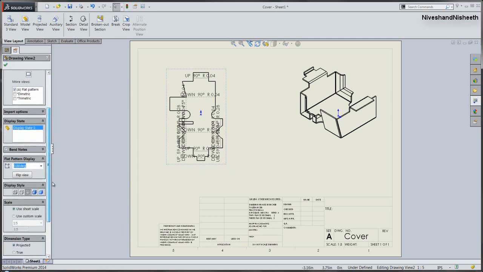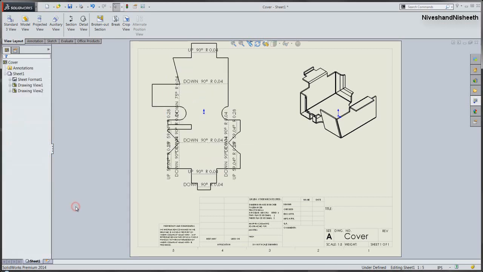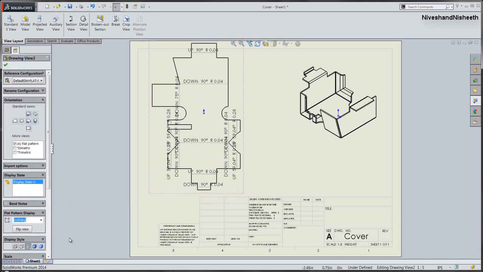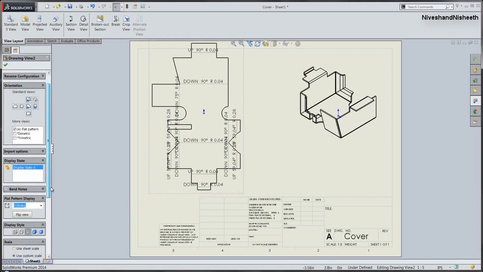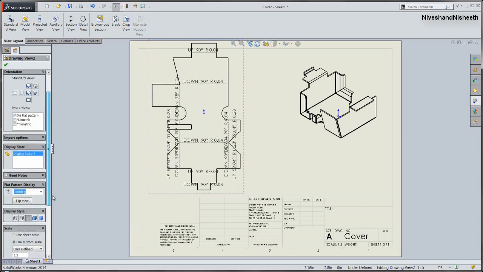Now we will set the view scale of this view on here. Okay, alright. Now we will rotate the flat pattern view of the model like this.